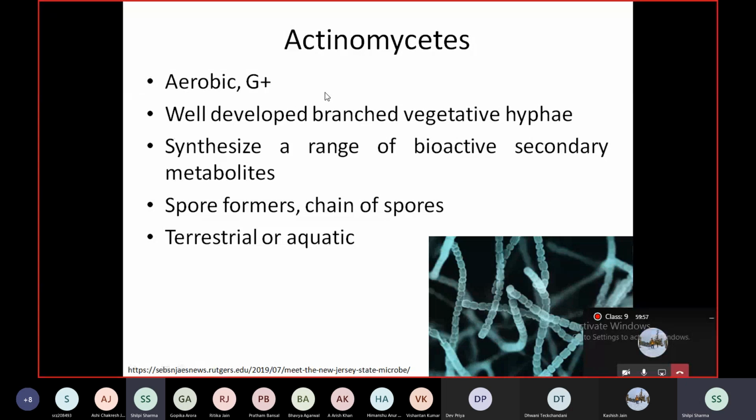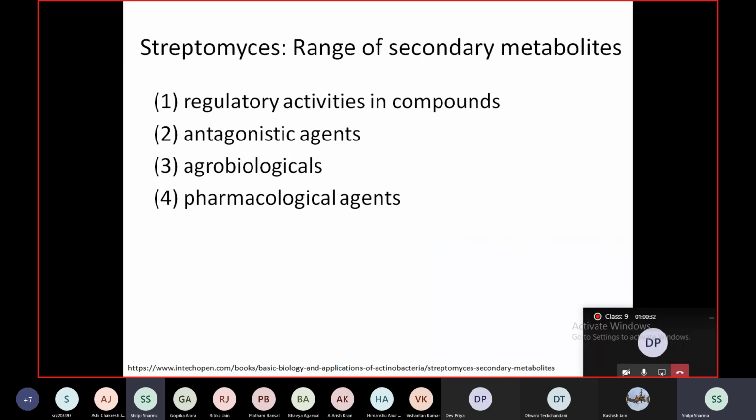The reason why I'm mentioning actinomycetes is also because they play an important role in drug development. So, how many of you know of Streptomyces? Have you heard of it? Yes ma'am. What is its importance, Devpriya? Ma'am, streptomycin is an antibiotic. Streptomycin, yes, correct. So their most important role is the production of antibiotics. But